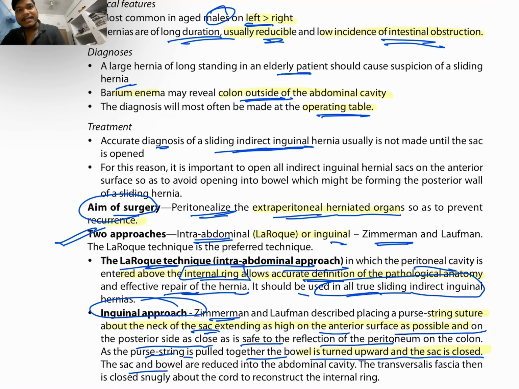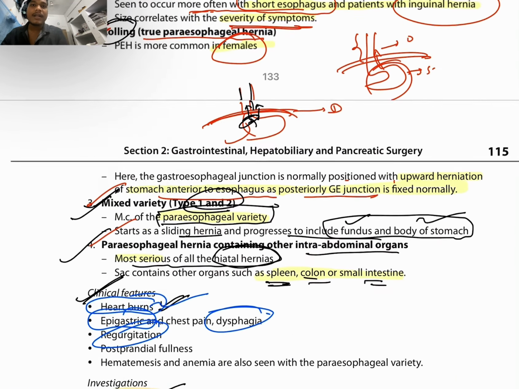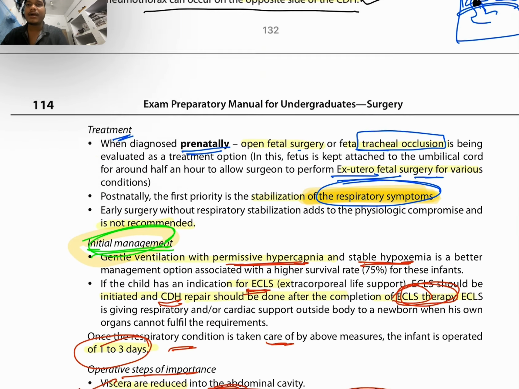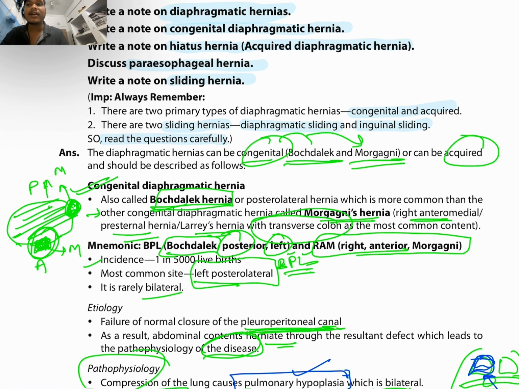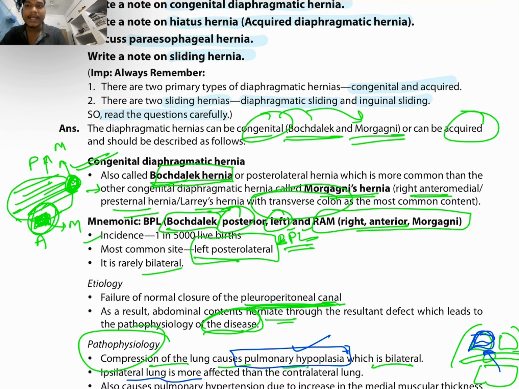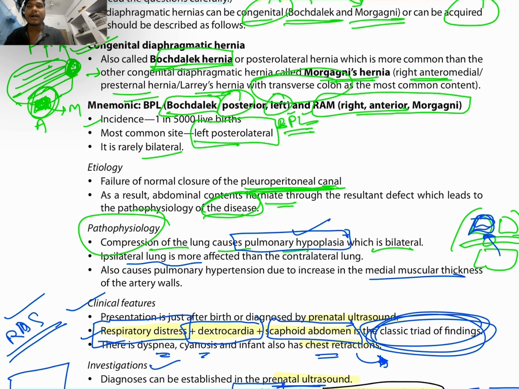We will just summarize the above in slightly more detail. This is our revision part. First, what we studied about diaphragmatic hernia. It is of two types, acquired and congenital, where the congenital is again of two types, Bochdalek and Morgagni. And after that we remember by the trick BPL, that is Bochdalek occurs in the posterior and the